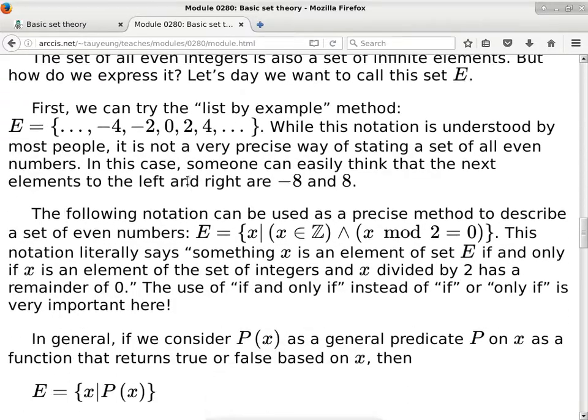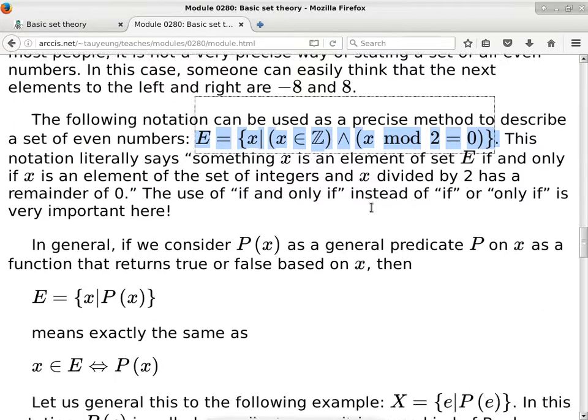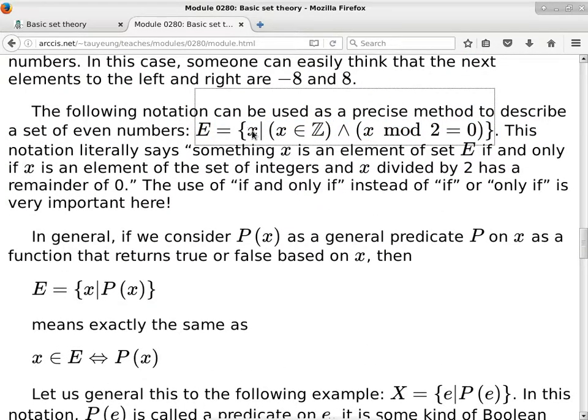The notation that we talked about last time was something like this. In order to express the set of all the even numbers, we can use this notation. And the notation basically says, okay, so if you scroll down, you will see an explanation of that notation. So the notation basically says, for each element in the set E, it has to meet these requirements. So the first requirement is it has to be an element of Z, but this funny looking Z represents the set of all integers. And then this symbol means conjunction, or and. And then the second criterion to meet